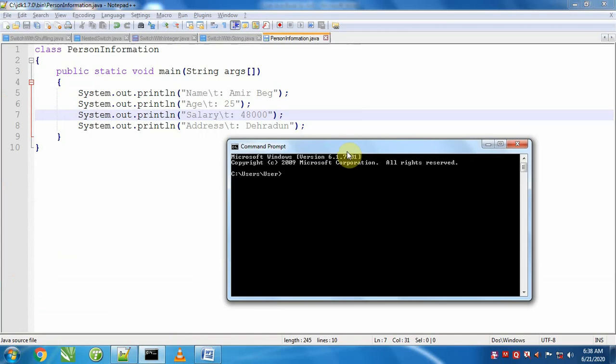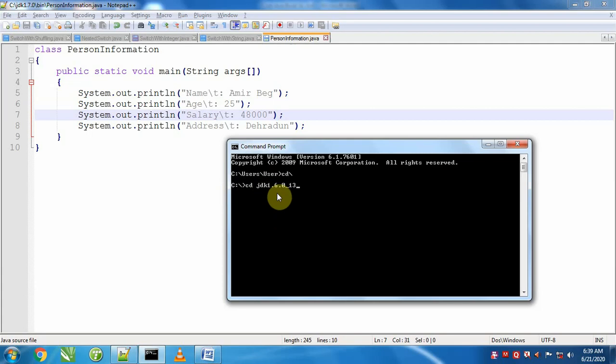Now we will go to this location where our program is saved. For this, first of all we will type cd/ and press enter. cd/ will bring us to the root directory, that is root drive C. Now we will say cd, change directory, and jdk*. jdk* is a wildcard character. It means a folder that starts with jdk. So we'll press the tab key.